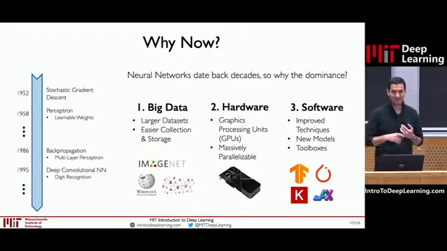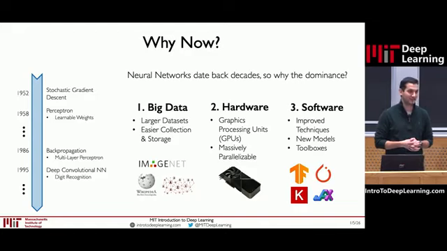One is big data. The data in the world has never been more prevalent than today. And these algorithms live off of data. This is what they are feeding off of, right? So they really need and require massive amounts of data that the world has now been able to provide. The second is hardware. Companies like AMD and NVIDIA, of course, as well, are providing new GPUs that are accelerating parallel computing and accelerating the development and the deployment of these algorithms. And finally, software that you'll get hands-on experience throughout this class that actually democratizes the ability to create, train, and deploy any of these models, even at relatively large scales.